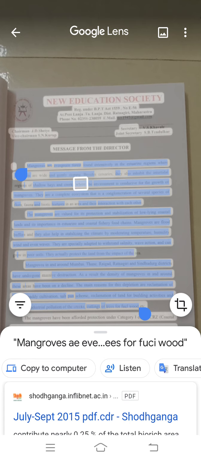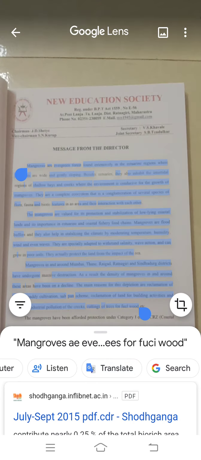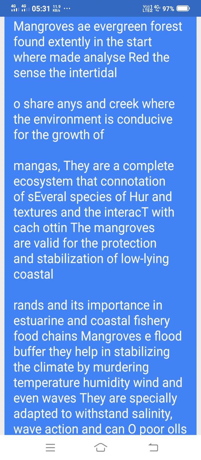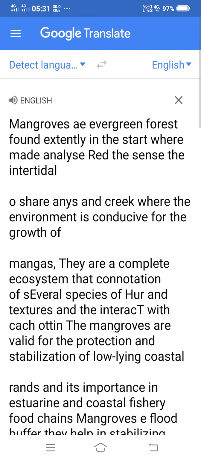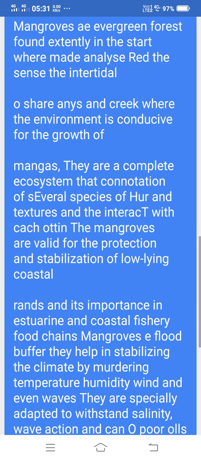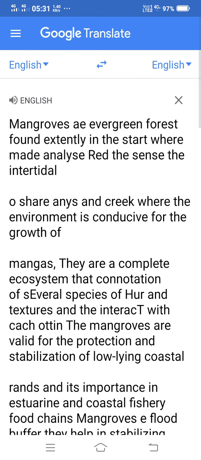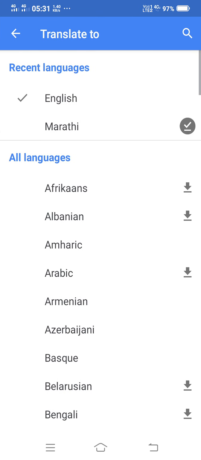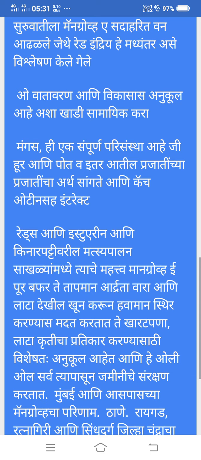If I want to translate this text from any other language, then I can select this translate option. I just need to click on translate. Then it will show me from which language the translation should be. So I will select from English because this page is in English, and to my native language, that is Marathi.